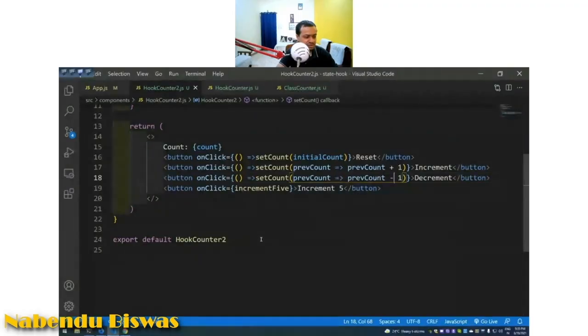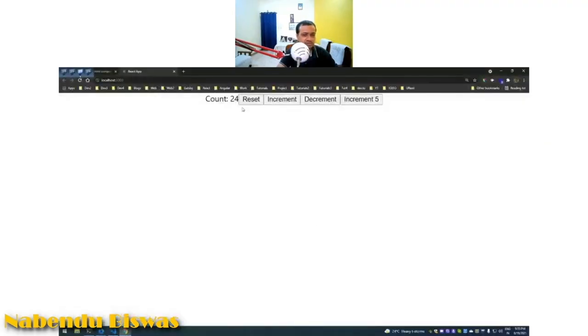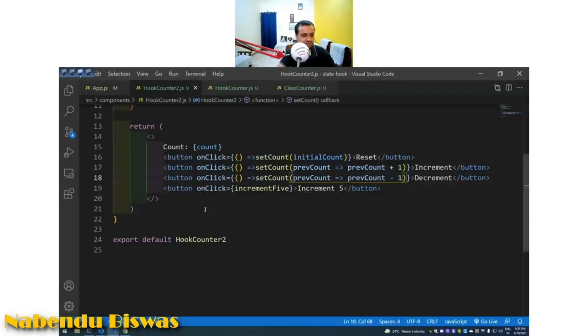Reset is there. Increment 5 will call that 5, 15 and all those things. This is a simple increment button. This only increases by 1. This decreases by 1. And now I am creating like this. Okay. So we will move ahead and do the